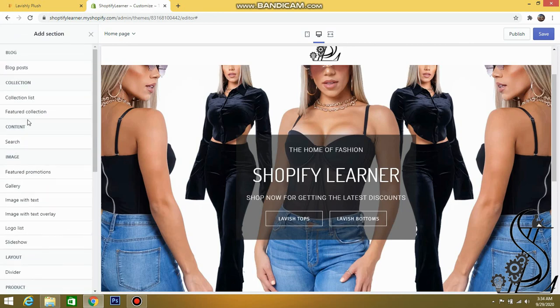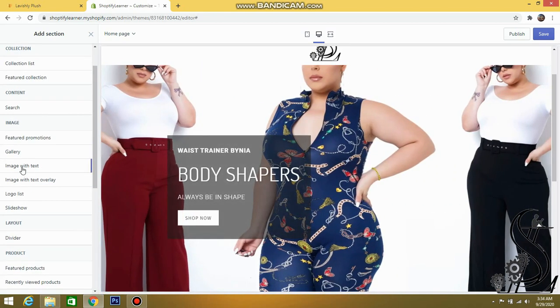We just click on add section, and in the add section we go to image, and here we can find the image with text.